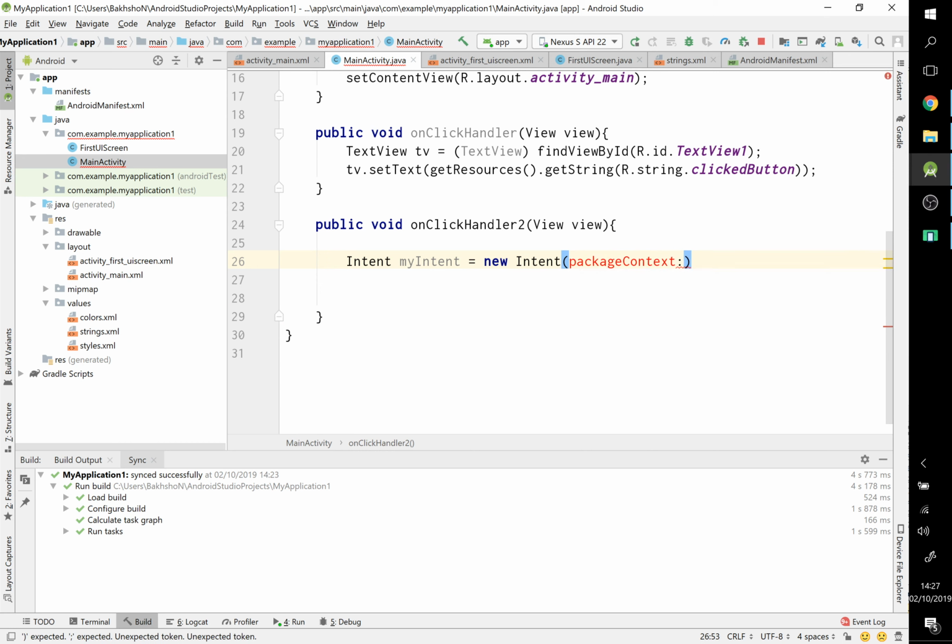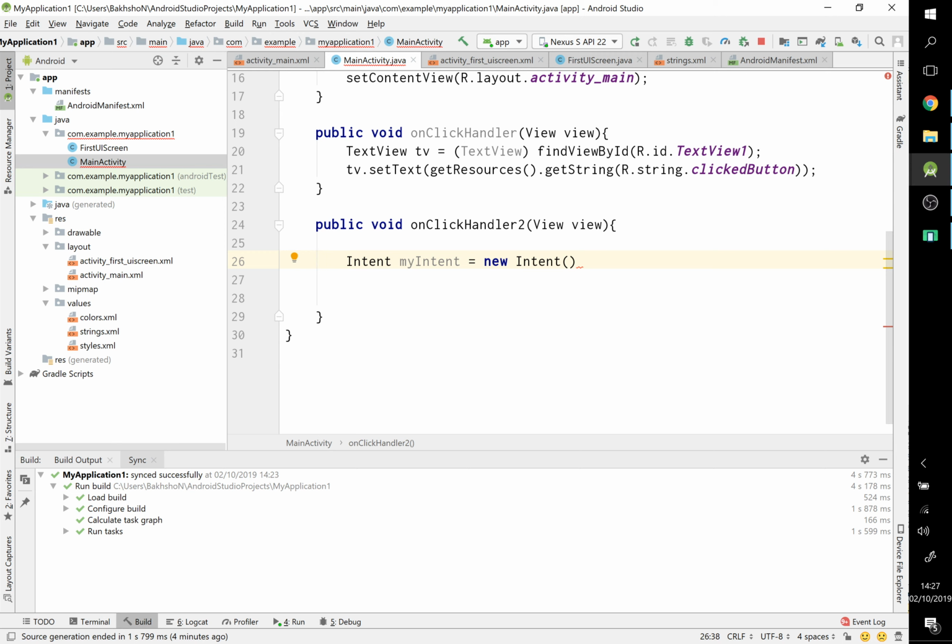colon. It's not happy with that. Let's have a look. What am I missing? Can't resolve package context. We'll have to double check why that's creating a minor problem for it. Hang on a second. Let's just get rid of that for the moment. What I'm actually going to try to do, let me explain the concept and then I'll code it and see,